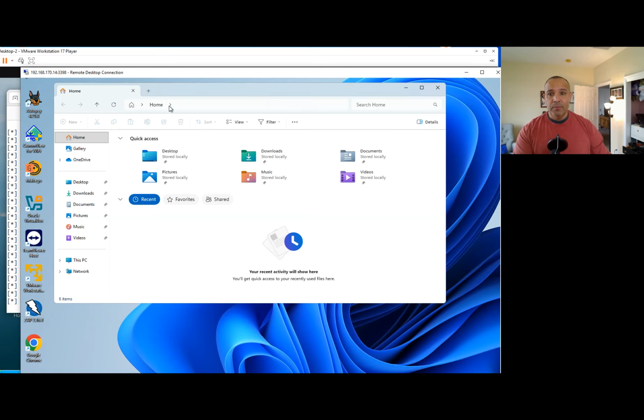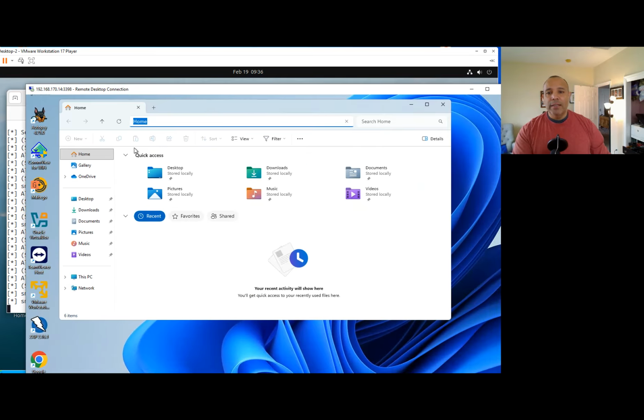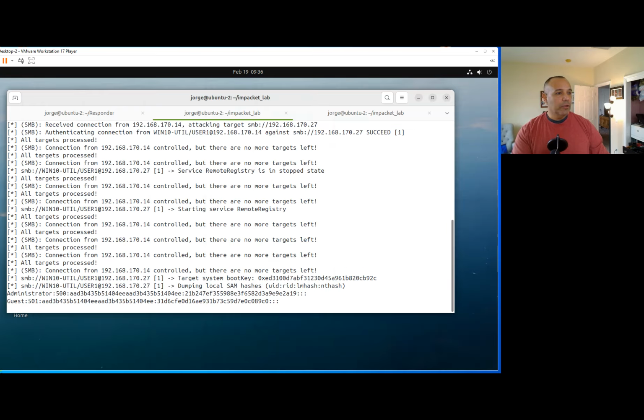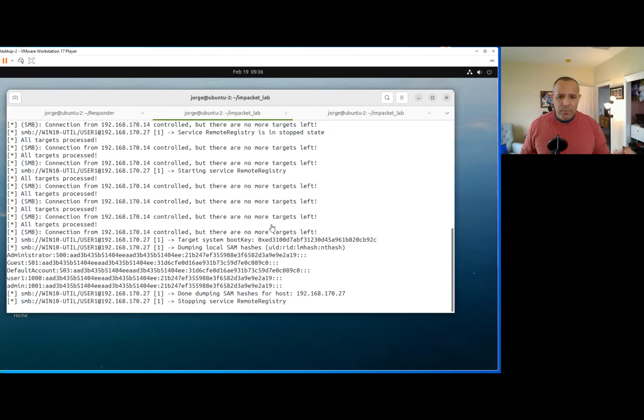Oh, what happened here? Did it connect? Oh, all right. So I typed the information and it's already connecting. So look at this right here. It is going through the process of getting the hashes, and as you could see here, let me highlight this. It is dumping the hashes from the